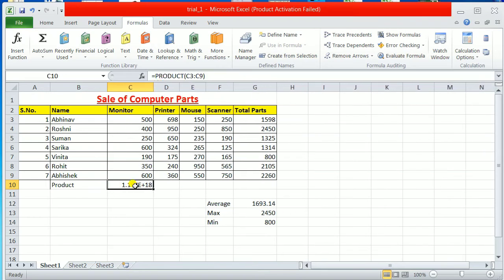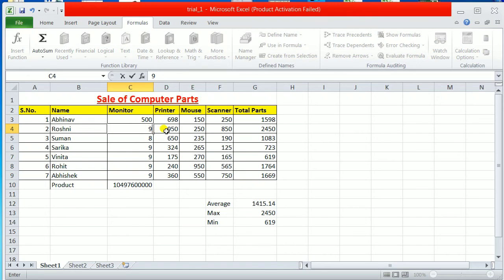It is giving the answer in exponential form because this is a very large number. If I change the number, the answer will again change. Suppose I make it 9, I am making the number smaller. See, automatically the result is changing. So you don't have to calculate again and again. Once you have done the calculation, you will simply change the number and your formula is automatically adjusted to that. See, my result is also changing now. From exponential it has come to some other format. See this, now it is easily fixed in this provided cell.